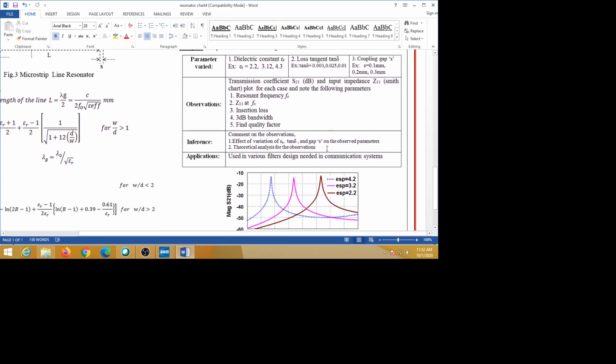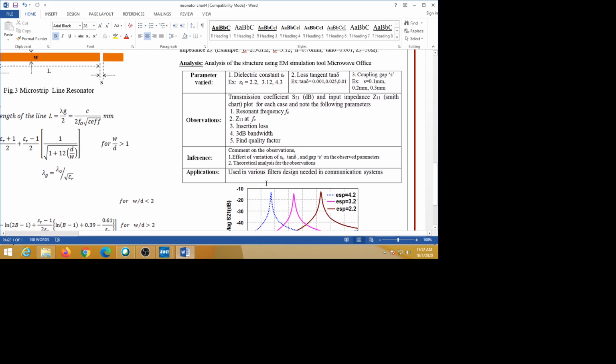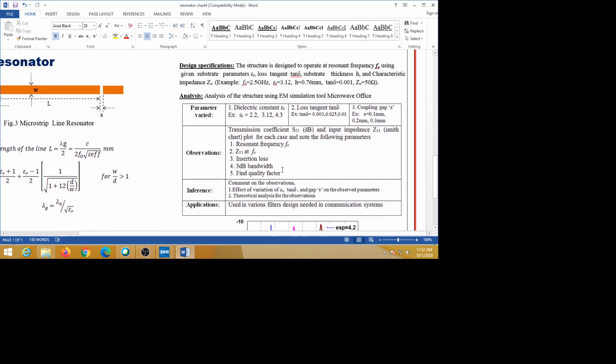We have to do all this analysis, and comment on whatever observation you made; that you have to write. Similarly, here you should write the inference and applications. In the inference, you should write the effect of varying epsilon r and why it is shifting to the lower frequency.